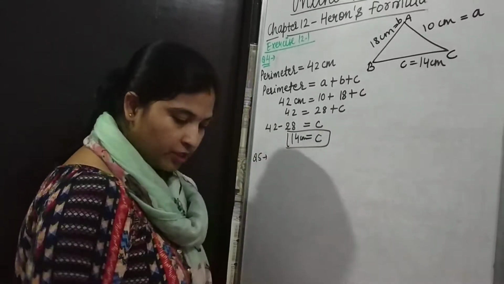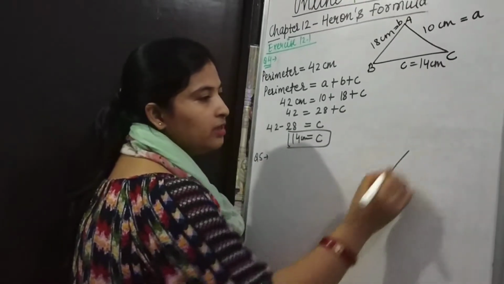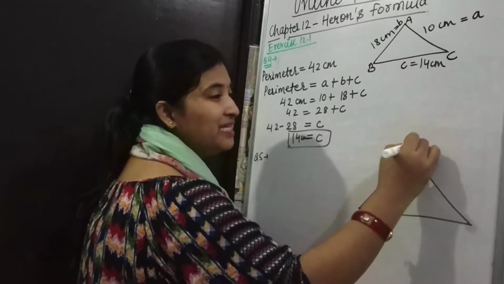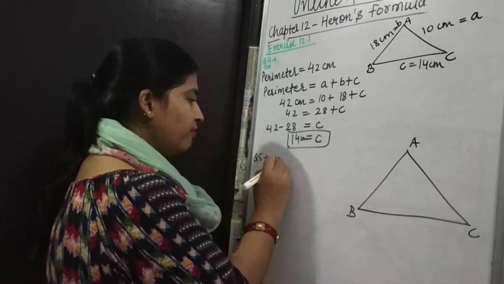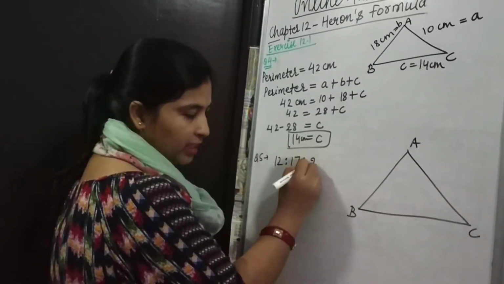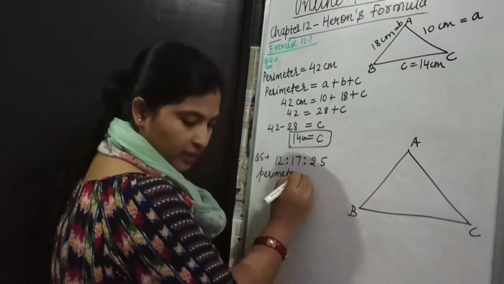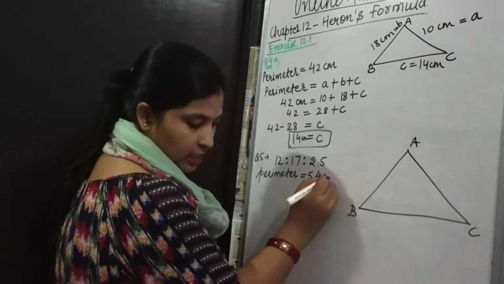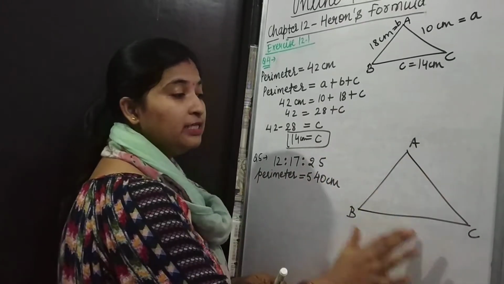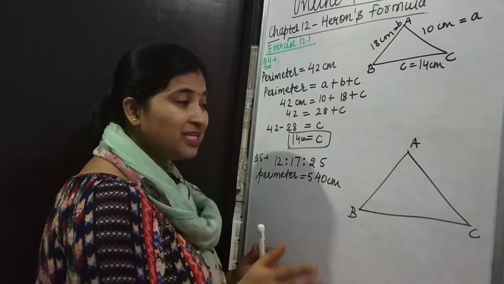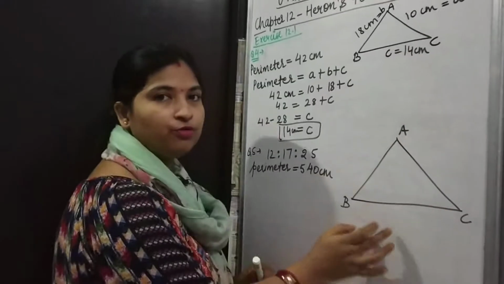That is what it is saying. The sides of the triangle are in the ratio of... There is a triangle whose sides ratio is given to you. The sides ratio is 12 : 17 : 25 and its perimeter is already given, 540 centimeter. We have to find its area. If I come to know the three sides, we can find the area by Heron's formula. So my basic thing is that I have to find the sides of the triangle.